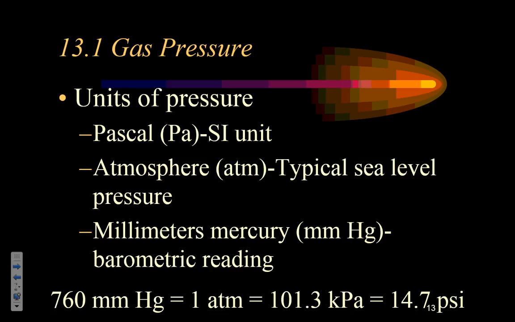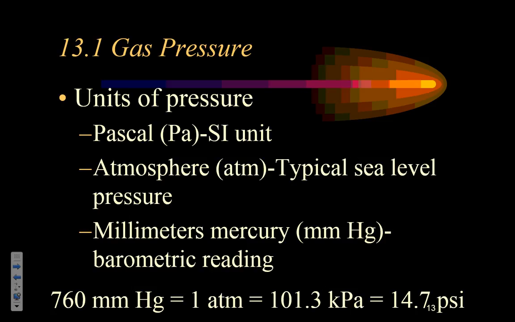Now, if you look at how these compare, 760 millimeters of mercury is equivalent to 1 atmosphere, which is equivalent to 101.3 kPa. And to throw this in here, because sometimes people realize, well, I also measure pressure of my tires in a different unit, and that would be PSI, pounds per square inch, a force per area. That would actually be 14.7. So 1 atmospheric pressure is about 14.7 PSI.